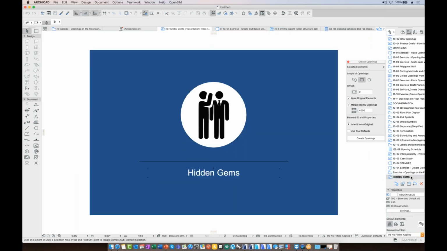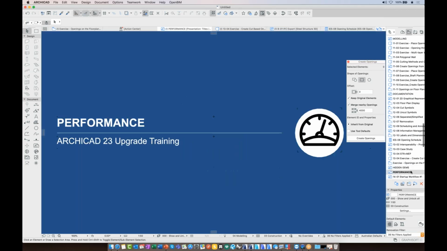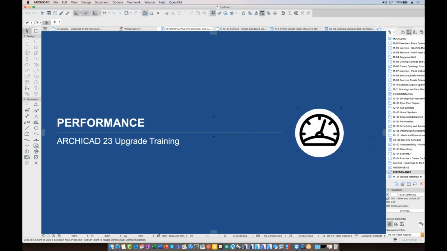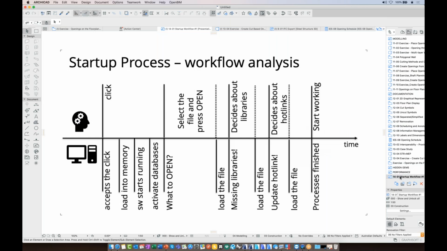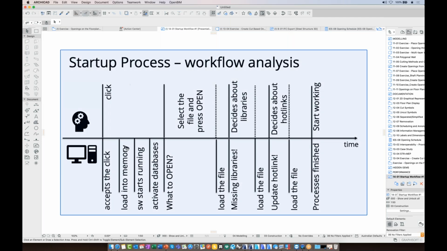So we're now having a look at the hidden gems. And the first thing we're going to talk about is performance. We can close the opening palette now. And previously, when we started Archicad, the workflow was like, well, we click, and then we wait a little bit while the program opens,